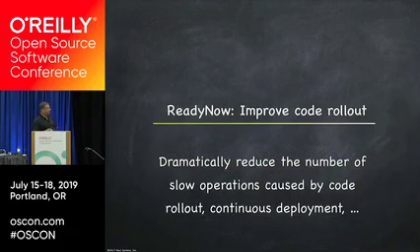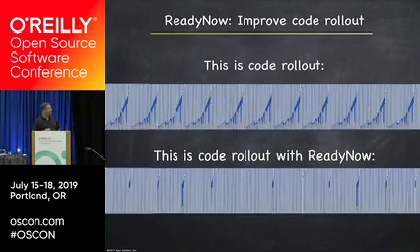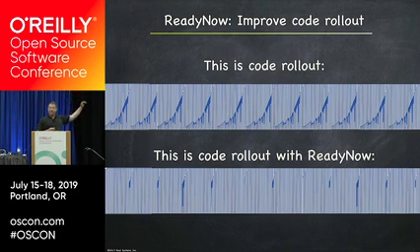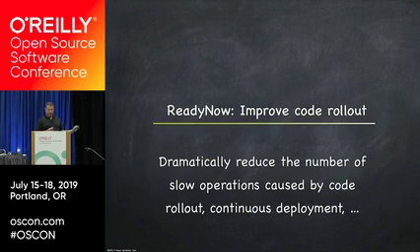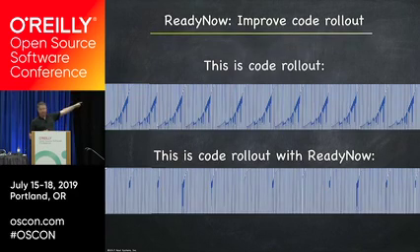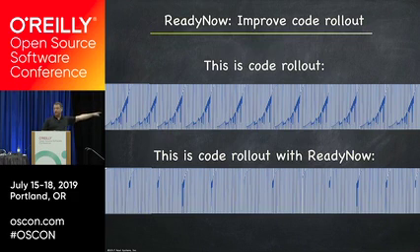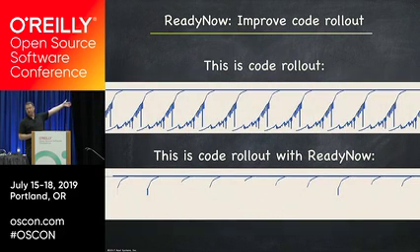And we have this Ready Now thing that's been around for a while, focusing on this problem. Fundamentally, it's about reducing the number of things that get hurt when you deploy code. So when you deploy code 20 times a day, that happens 20 times a day. And every one of those dark spots is a hurt transaction. We reduce that, not to 0, but by an order of magnitude or 2. And in fact, this is the picture you would have if there were GC pauses. Since Xing doesn't have GC pauses, the picture looks like this.